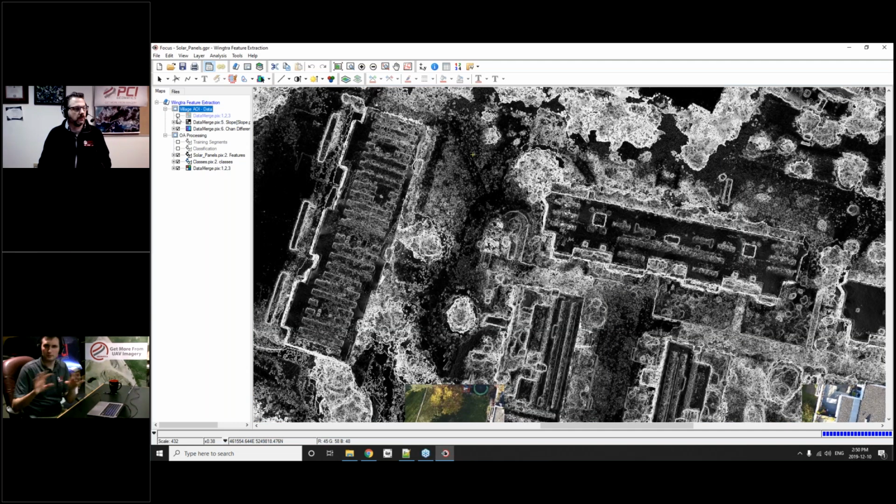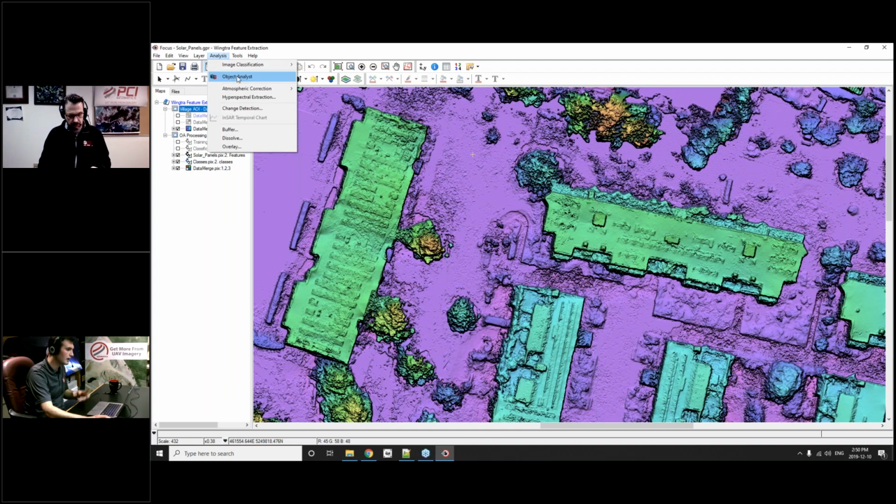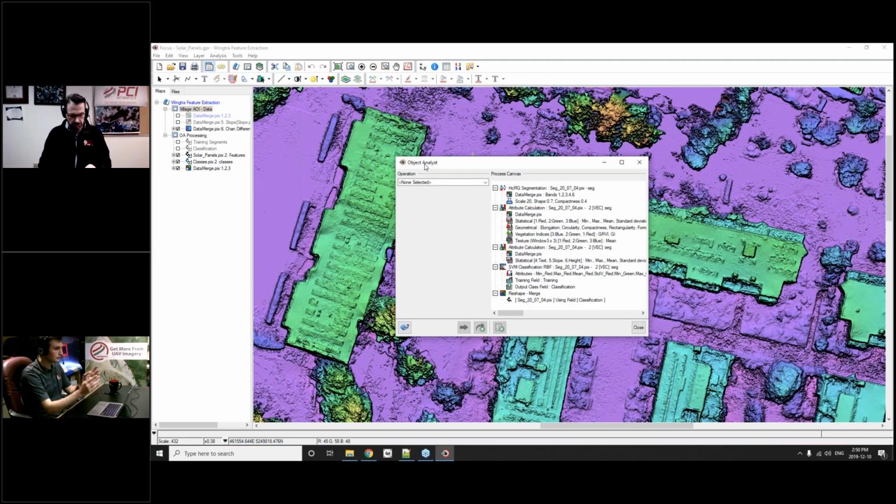Now, to give a brief overview of what Object Analyst is with the feature extraction, we can find it under the Analysis tab called Object Analyst. In this window, we have two parts. We have the operation drop-down list, and again, very similar to the Ortho Engine list, sequential steps, depending upon what you're trying to extract and your methodology, you may use all or just a few of those operations,